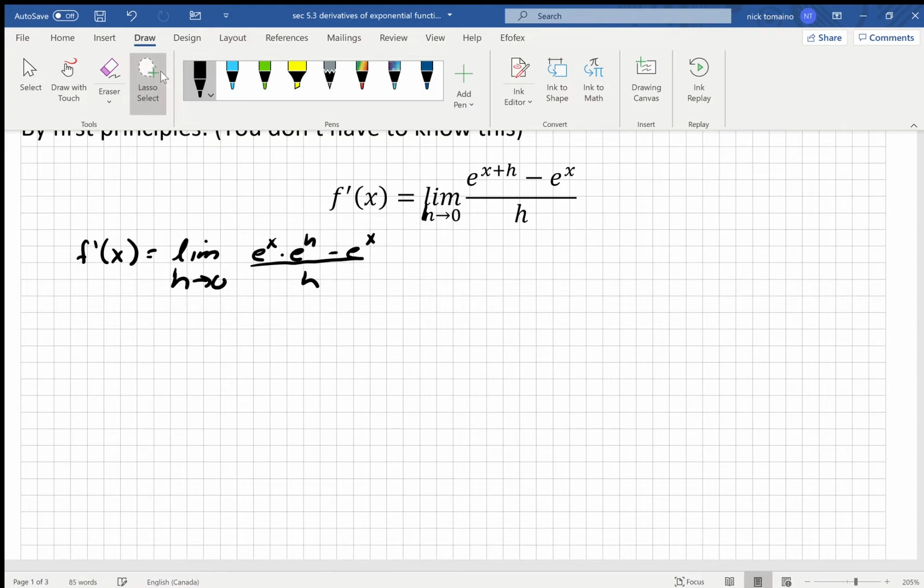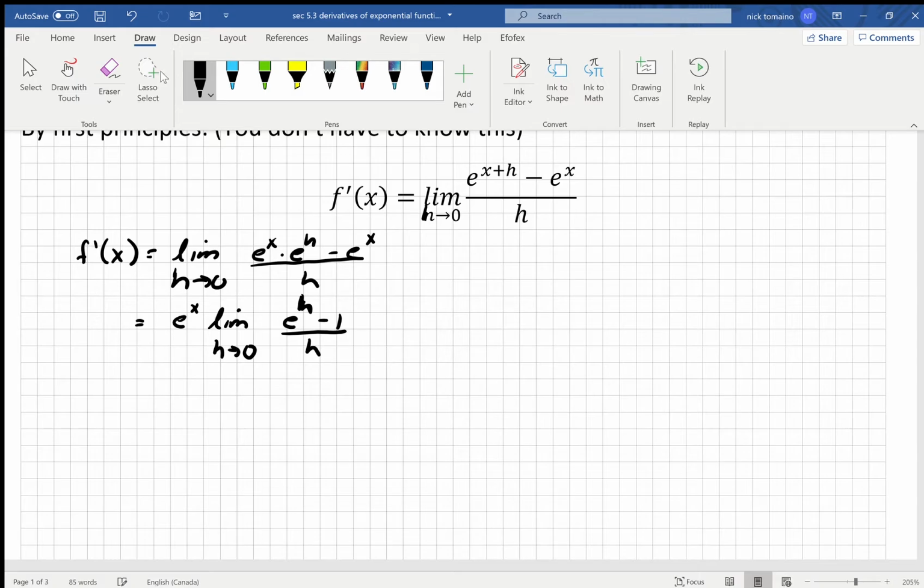Next we are going to common factor out the e to the x, and since it doesn't have an h, it's not affected by the limit, so we can bring it to the left. So we're going to have e to the x, factor that out, and we get the limit as h goes to 0 of e to the h minus 1 over h. Now we're kind of stuck here because we can't actually figure out what this is. I mean, you can plug in numbers close to 0 to sort of approximate it,